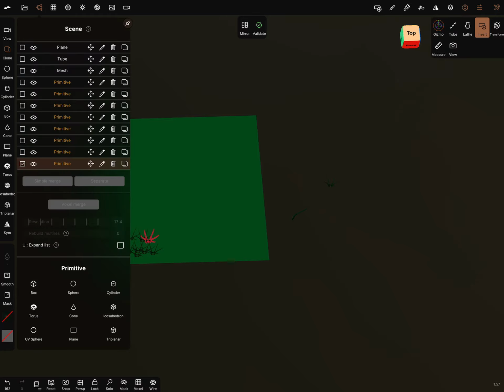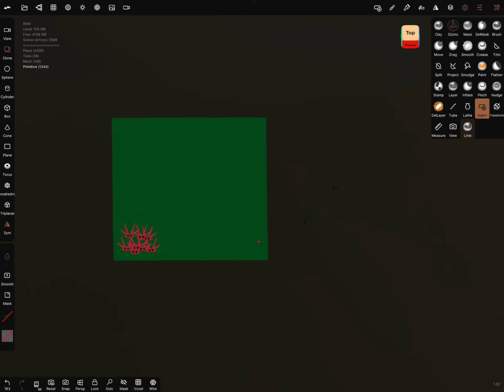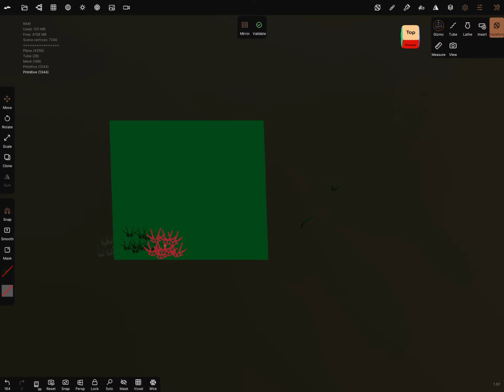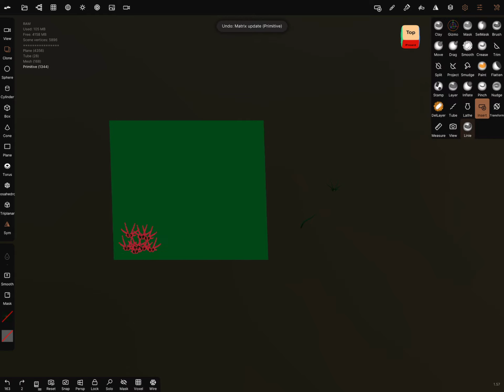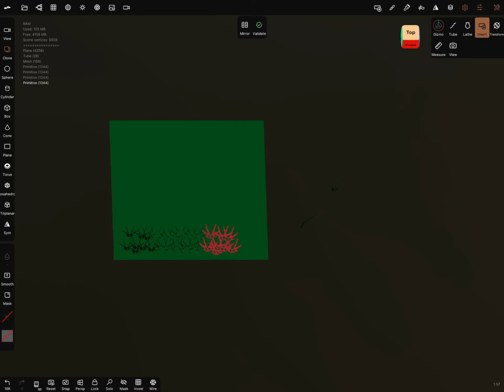And now you go to the scene menu and put them together in a simple merge, and use the insert tool, it is always on. And now you can symmetry is off, and now you can place a sorry,